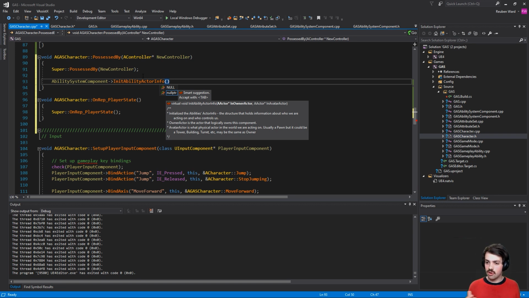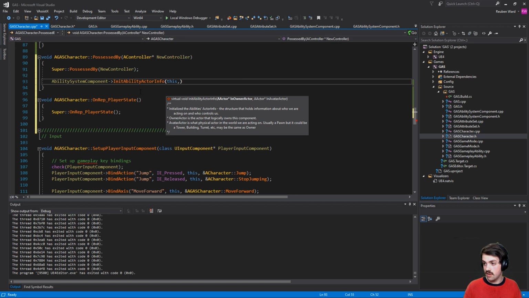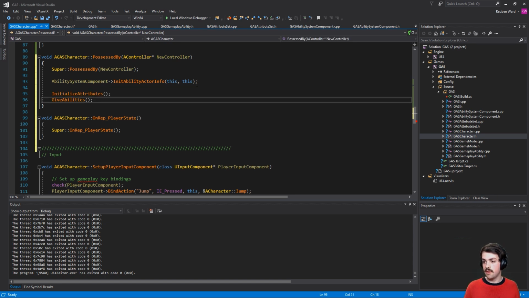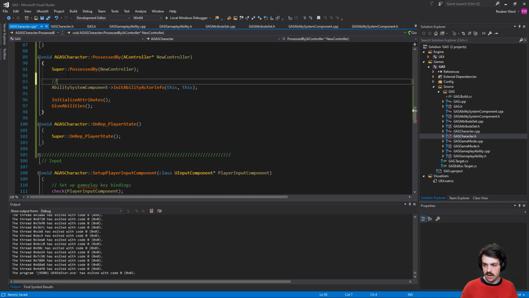So maybe my controller owns the ability system component, but my character is the avatar. It's the thing you can actually see in the world. In my case, I want the character to be both the owner and the avatar, so I'm just going to do this and this. Then we're going to initialize all my attributes to the default values, and we also want to give the punch ability to the player, so we're going to do that as well. And let's just say server